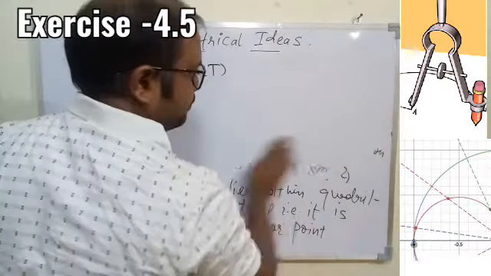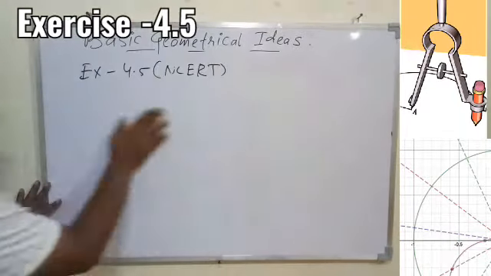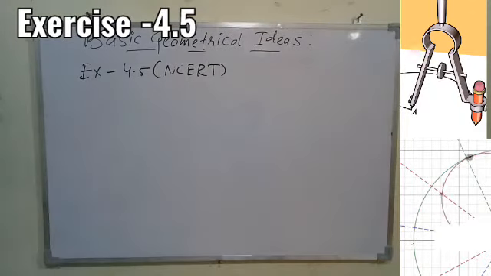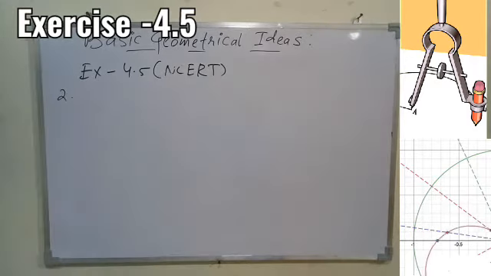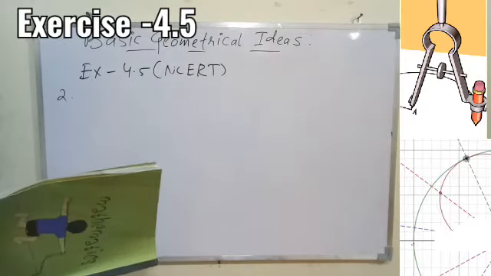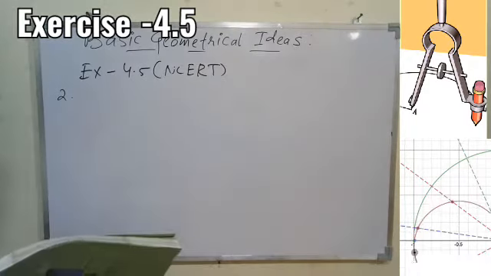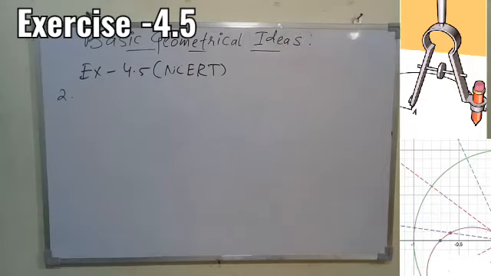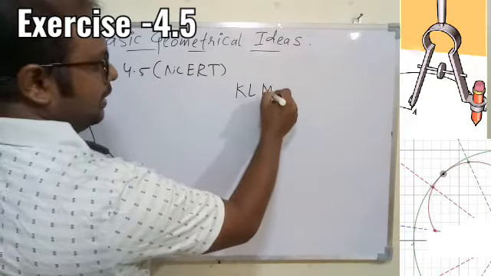It's very simple. Only draw and name the different diagonals and the name of the quadrilateral. So number 2 is given to you, that I'll do 50%, rest you have to do yourself. Again it is asking you to draw the quadrilateral KLMN. So the next quadrilateral has to be given the name KLMN.